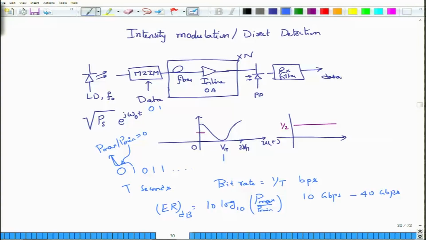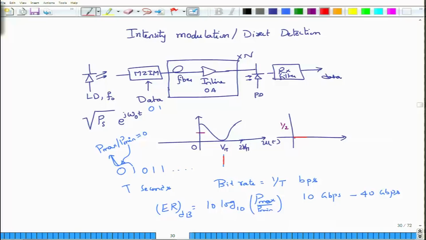One way would be to bias the modulator at V pi. So when you have a bit 0, so let us say this is the bit 0 over whatever the duration T seconds that we have. Since the modulator is biased and the input voltage is 0, the output voltage will also be equal to 0, right. So the output voltage will be 0 in this particular case, and it is going to mirror whatever the input data would be looking like. So this is 0 to 0 mapping.